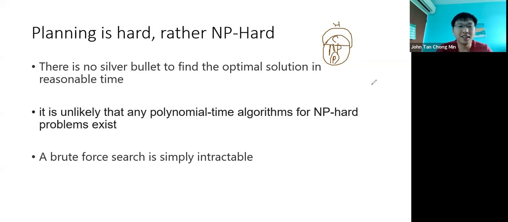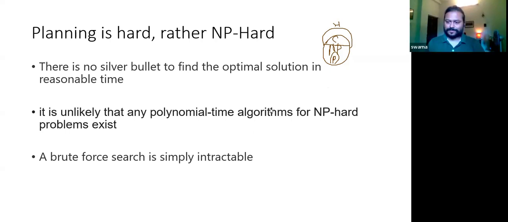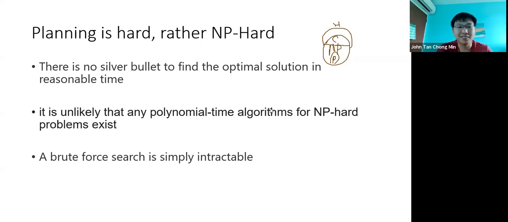Got it. Thanks for entertaining questions. Actually, I asked all these questions because I wanted to bring about some food for thought here, which I'm going to say right now: our brains do some planning, but I don't think it's doing planning in the form of these algorithms where it seeks to find the optimal plan. Because if that were the case, we would be taking too long to get a plan out. A lot of things are NP-hard in real life as well. In fact, a lot of them are partially observable as well. So the way we are doing planning might be something to do with more of a pattern matching to match a plan.